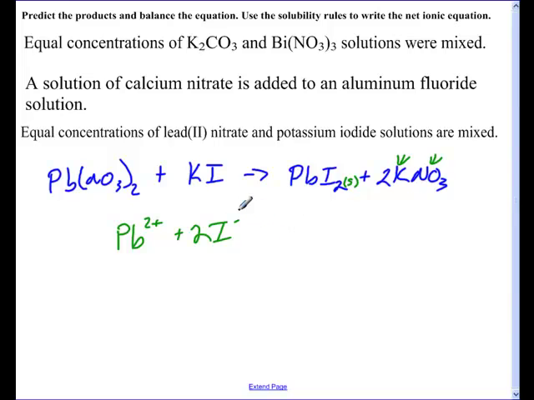Oh, you know what I did? I failed to balance this thing correctly. If you were yelling and screaming at the monitor, I appreciate the help. All right, PbI2. Okay, so there you go. A little quick and dirty explanation of writing double replacement reactions, predicting the precipitate with solubility rules. And again, we're going to practice this for a while. If you have any questions, come